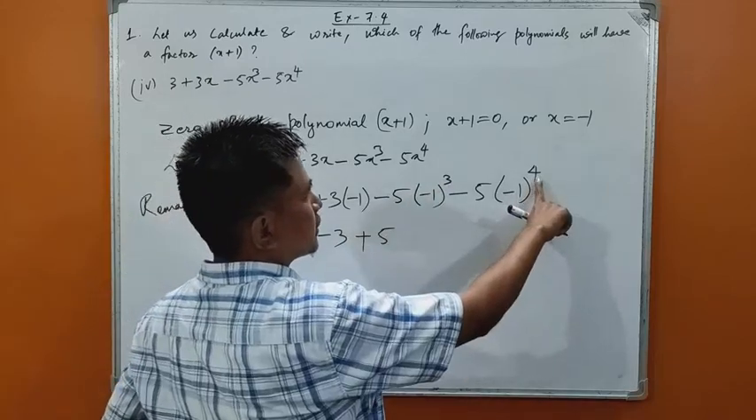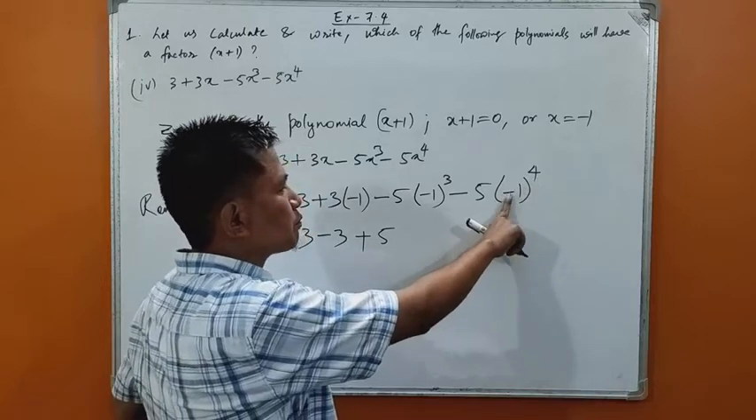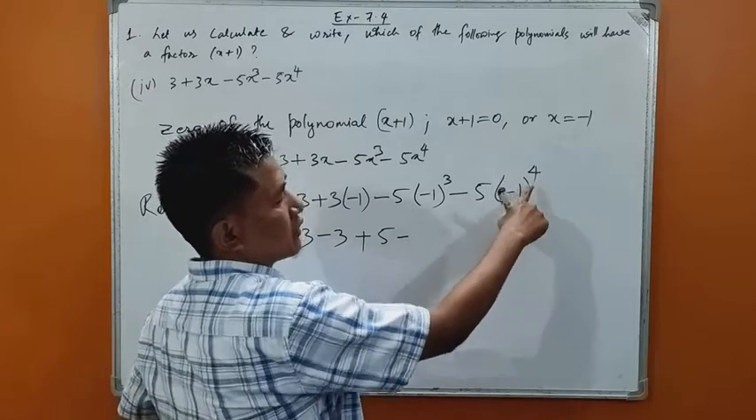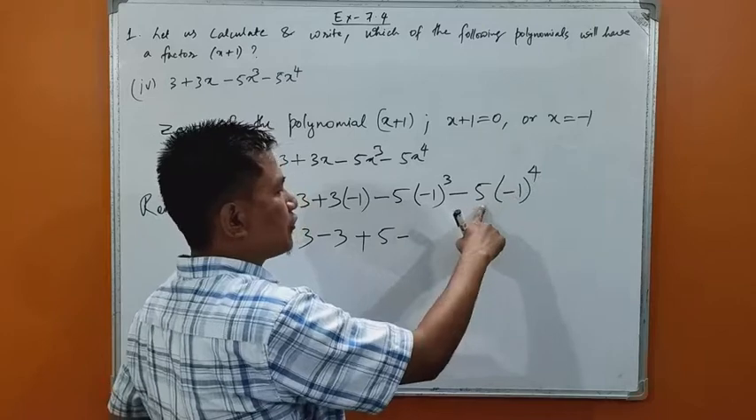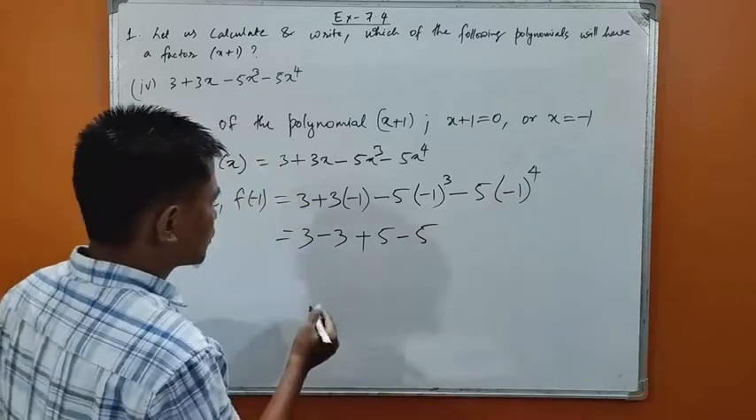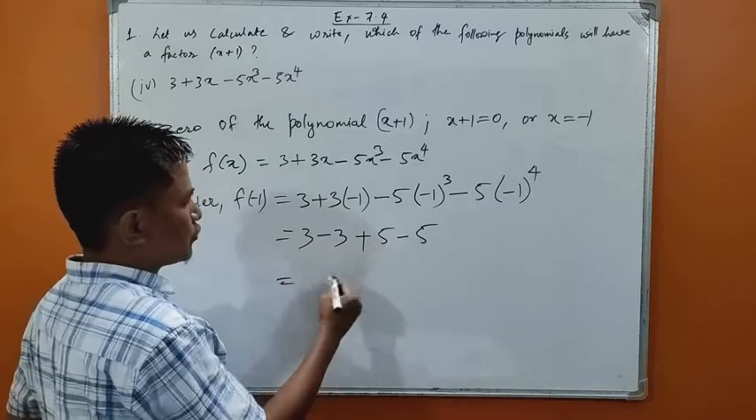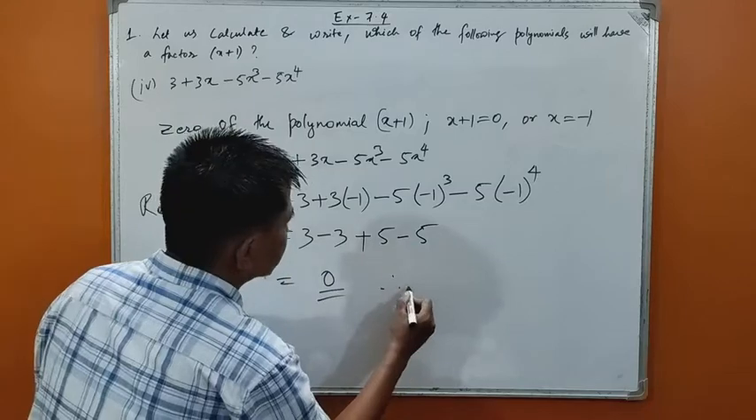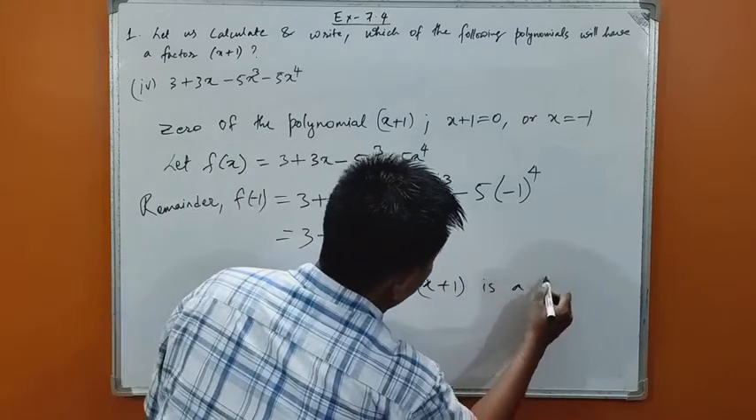Now since here the power is even number, so the sign will change to plus. This plus into this minus becomes minus. 1 multiplied 4 times is 1, so that 1 into 5 is 5, isn't it? So plus 3 minus 3 is 0, plus 5 minus 5 is 0, so the remainder is 0 in this case, isn't it? So therefore we can say x plus 1 is a factor